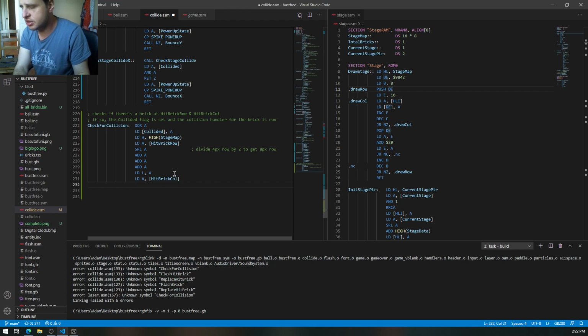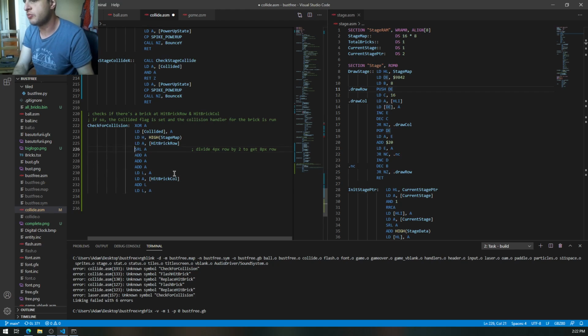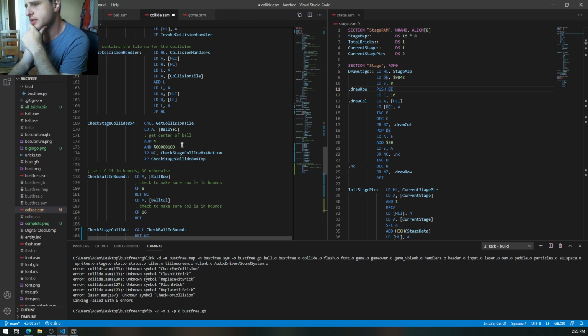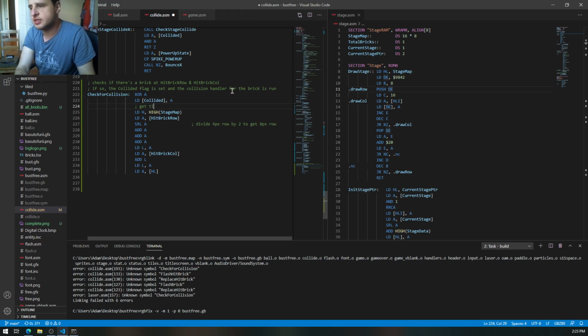Load A, hit brick call. We're going to add that to L. We're going to load A. There we go. Now we've got our pointer into the stage map data for the correct tile. We're going to get that tile. And now we have to, from there,